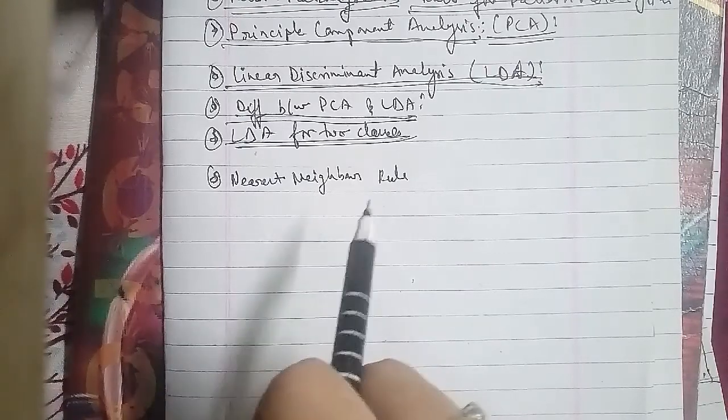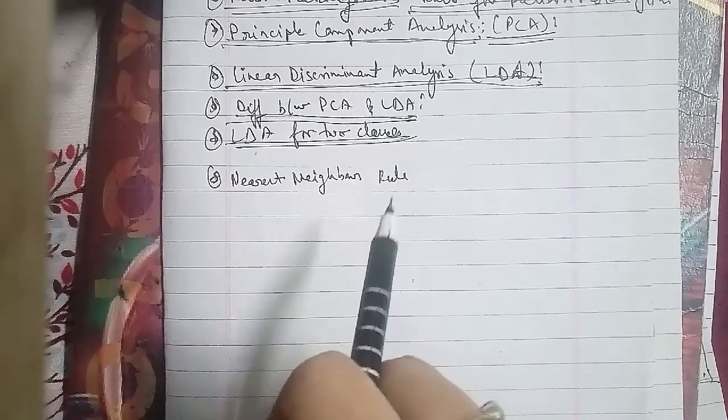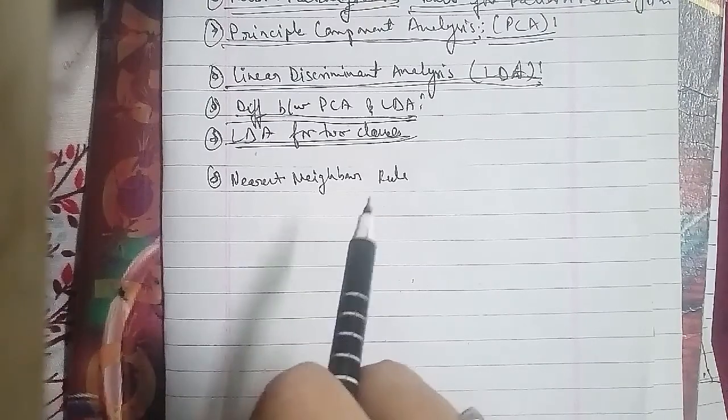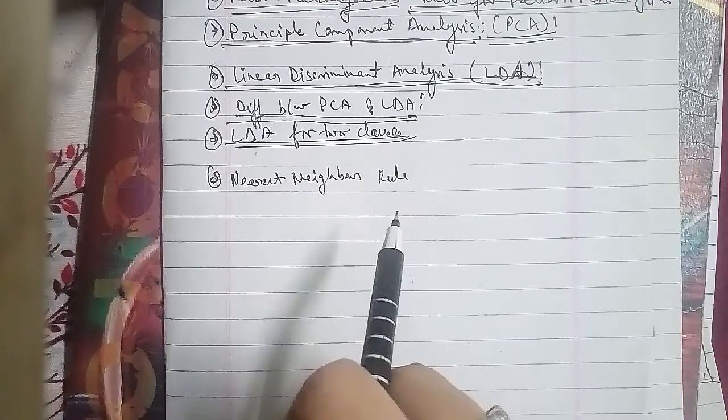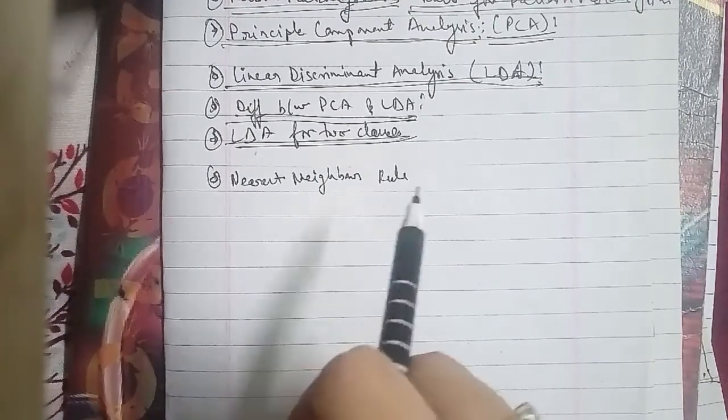The k nearest neighbor algorithm is among the simplest of all machine learning algorithms,